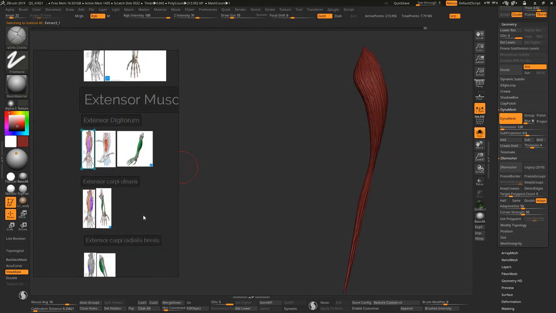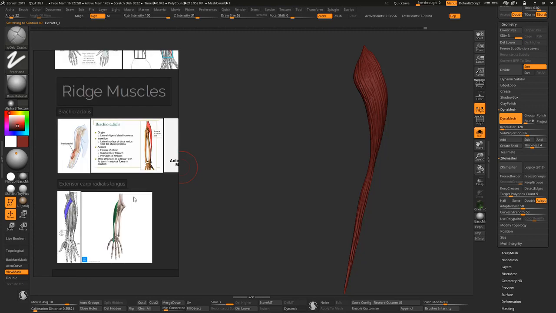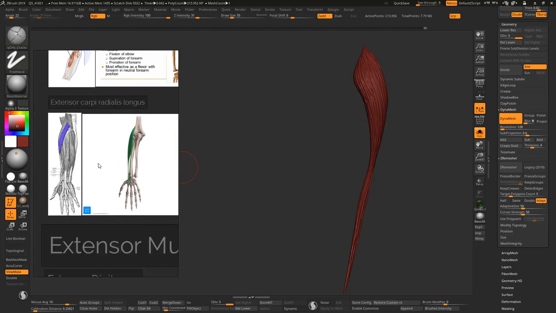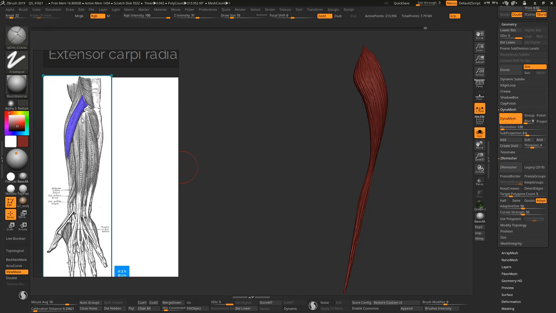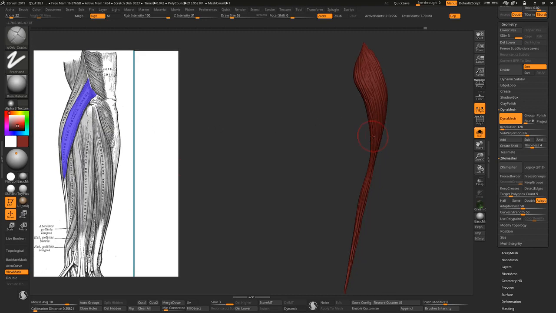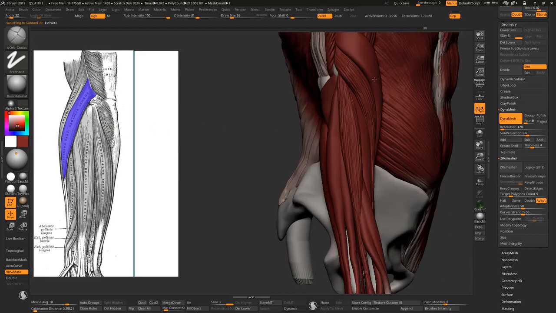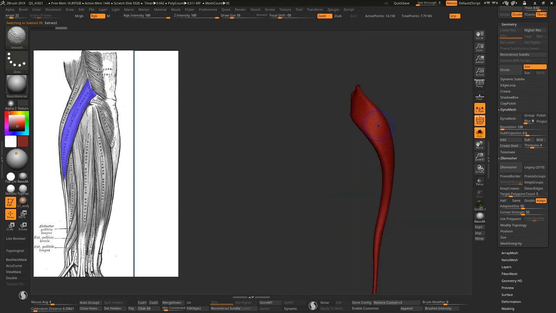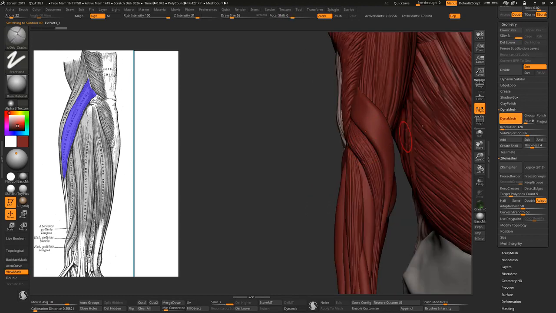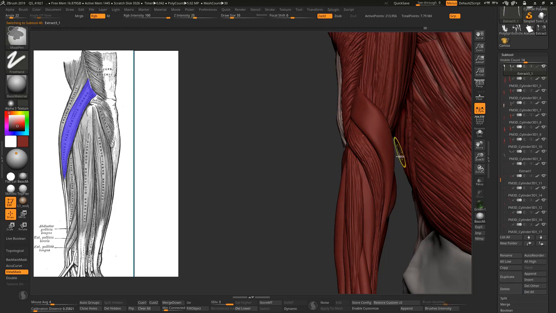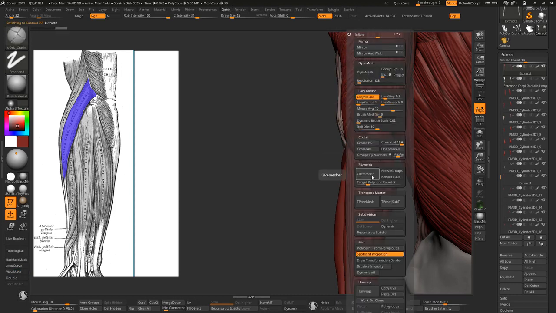Let me confirm that. Extensor carpi radialis longus. Okay, this muscle over here, and just above it we're gonna have the extensor. So let me rename it extensor carpi radialis longus, and this one I will ZRemesh